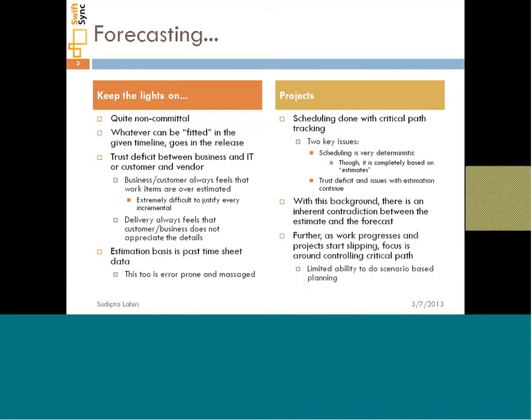The other critical problem is that since everything is focused on the critical path planning and on making sure that the critical path is not slipping, whether it is risk planning, quality, or team motivation, all other things become very secondary. Critical path becomes the primary objective of what the project manager focuses on and tries to keep the project on. These are the two methods that we see forecasting happening between the typical maintenance production environment and the typical projects environment.